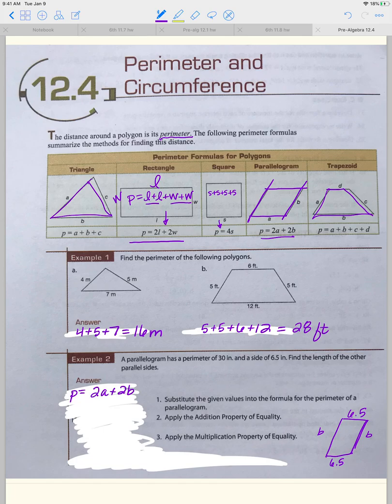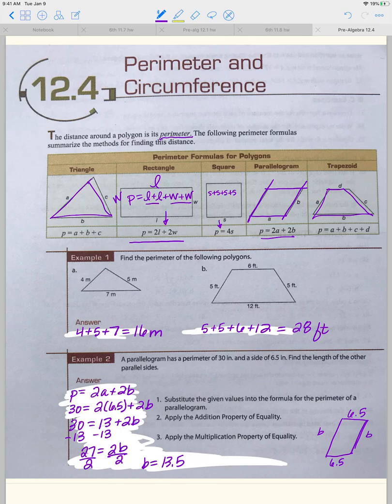The perimeter we're given is 30, so 30 is equal to 2 times 6.5 plus 2B, which we don't know. So 30 is equal to 2 times 6.5 is 13, plus 2B, subtract 13 from both sides. 27 is equal to 2B, divide both sides by 2, and B is equal to 13.5,